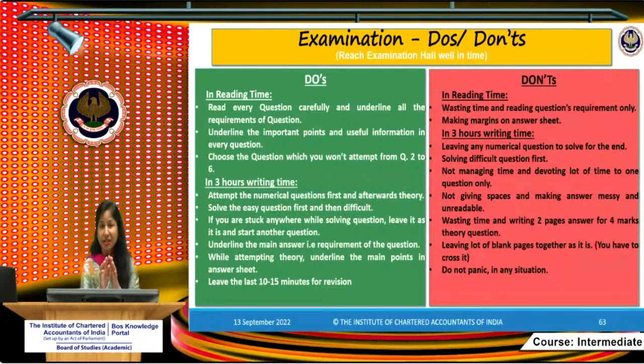Revise your question after attempting, because students usually make calculation mistakes. Even if everything else is correct, just because you have calculated it incorrectly, you might lose certain marks. It doesn't matter that your concepts are clear and you have solved the question properly, if your calculation is mistaken, you get deductions in your marks. I think this is fine.